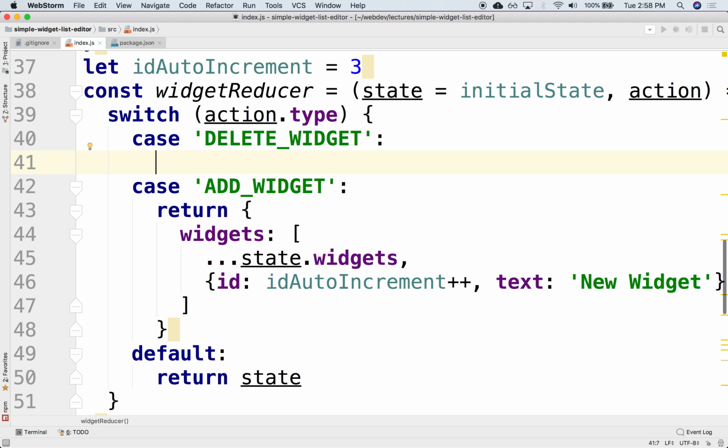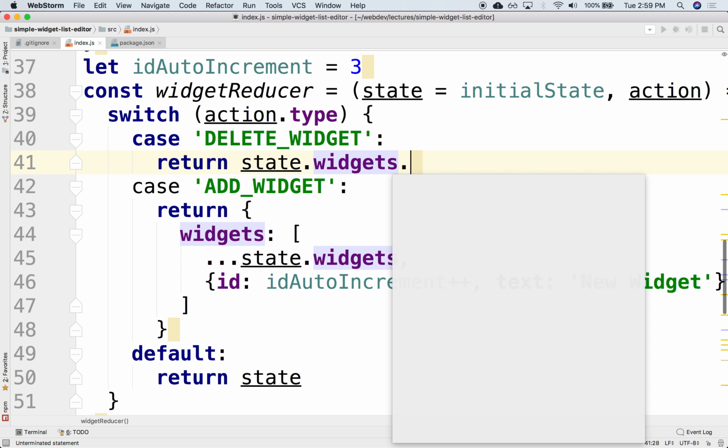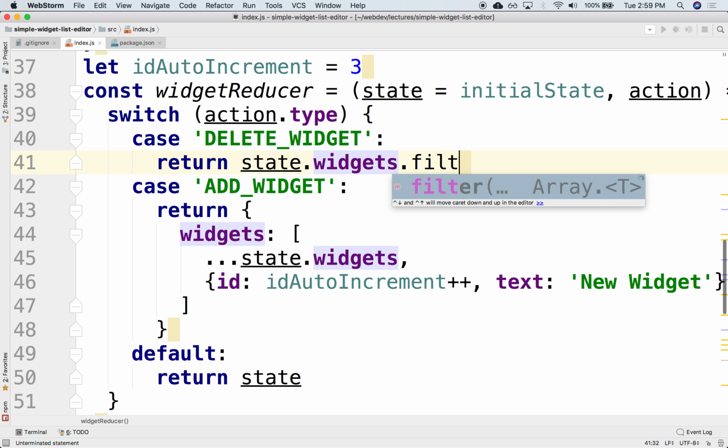So basically, we want to filter out, or have only those widgets whose ID is not the ID that we're removing. To do that, we can take the original state, state.widgets, and use a filter. Filter generates a new array